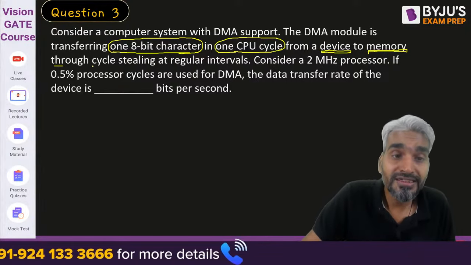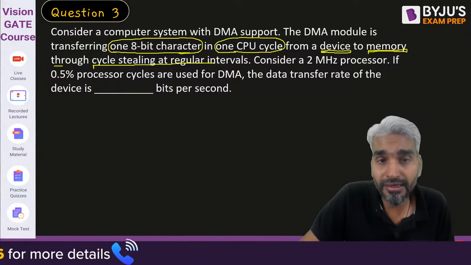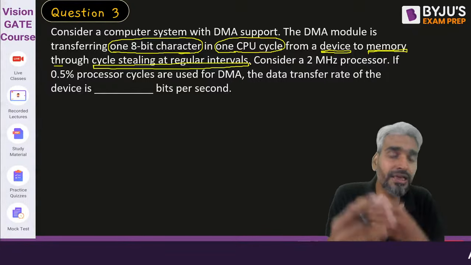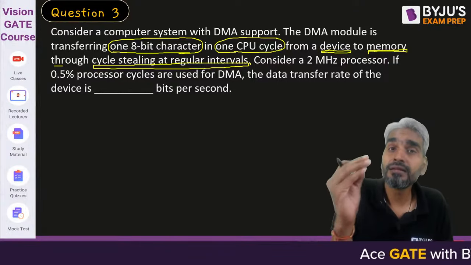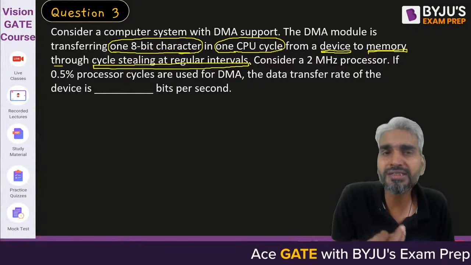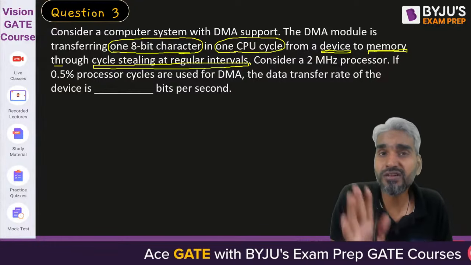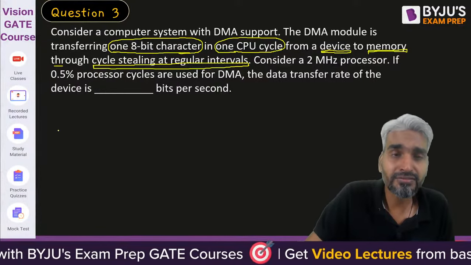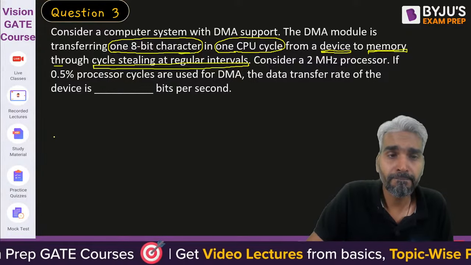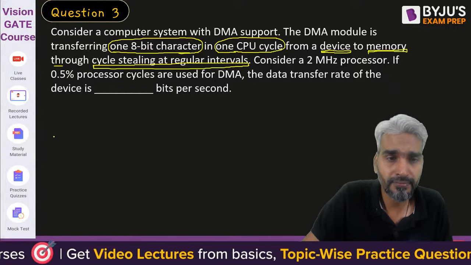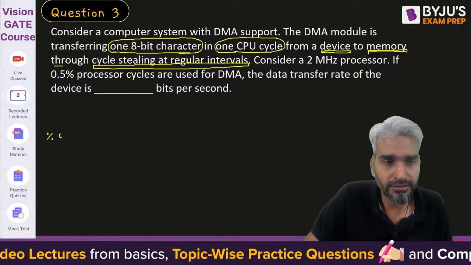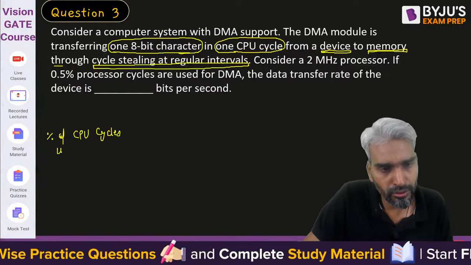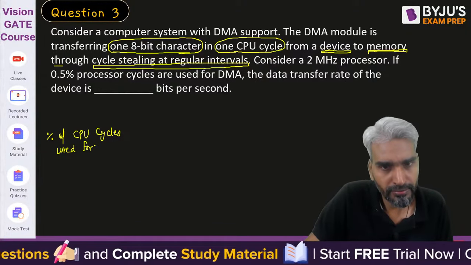Through what? Through cycle stealing at a regular interval. So generally, if it is given that cycle stealing is at regular intervals, it means this cycle stealing will keep going, and if cycle stealing keeps going, then the percentage of CPU cycles or percentage of memory cycles stolen for the DMA operation will be transfer time divided by preparation time. I am not going to go into the derivation of that, but please try to understand that if somebody asks you the percentage of CPU cycles used for DMA